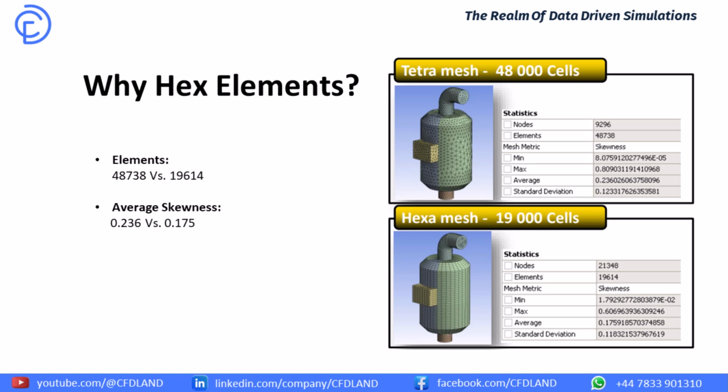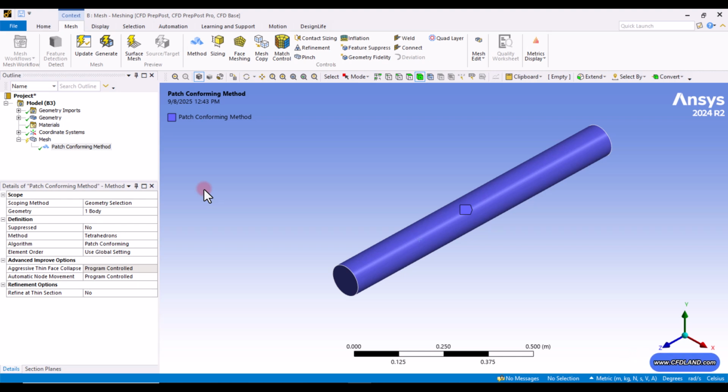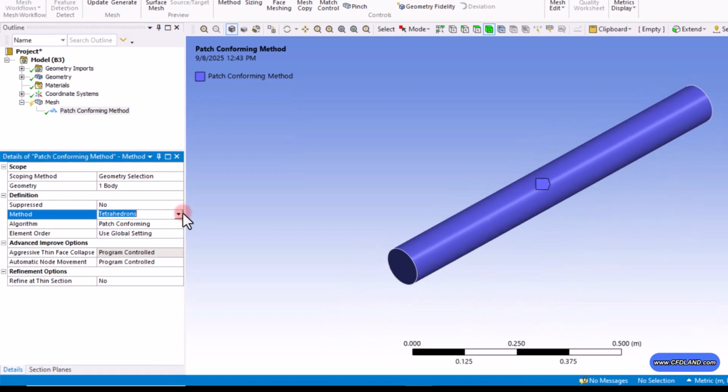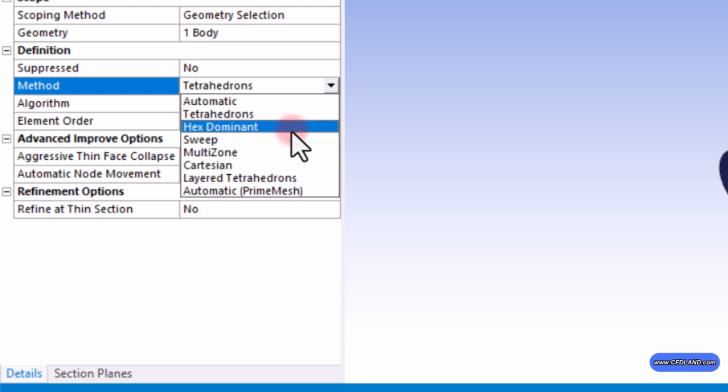So to summarize, we always try to create a hex mesh because it is more efficient. It gives us a faster simulation with fewer elements and more accurate results. Well, I guess right now you notice why I put emphasis on this current session. Because in the previous session, we used the tetrahedron mesh method, which somehow avoids generation of hexagonal cells, which is a priority choice. So we're going to explain the other methods, starting with hex dominant and then continuing with sweep, multi-zone, and